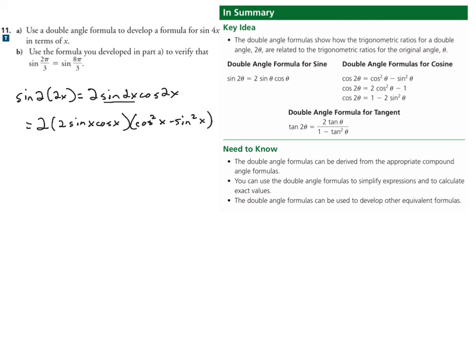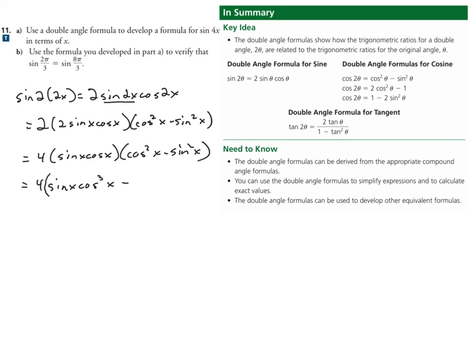I don't know if I'm using a good one here or not. I'll figure it out pretty soon if it's not working out very nicely. So this is equal to, we're going to take this 2 out, so we can say 4 times sine x cos x times cos squared x minus sine squared x. Now we're going to distribute. This is going to be 4 sine x cos x times cos squared x is sine x cos cubed x